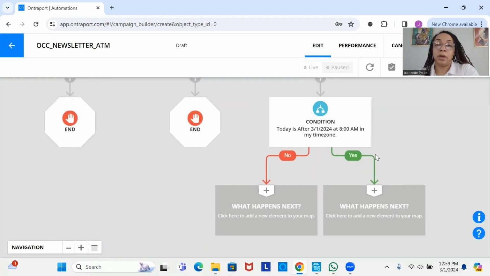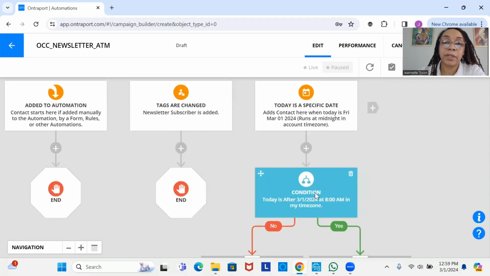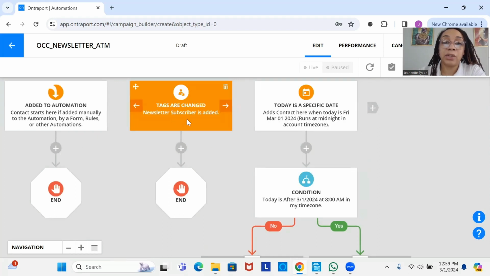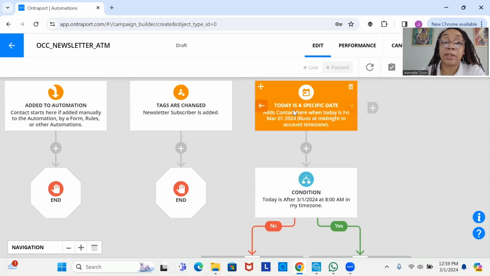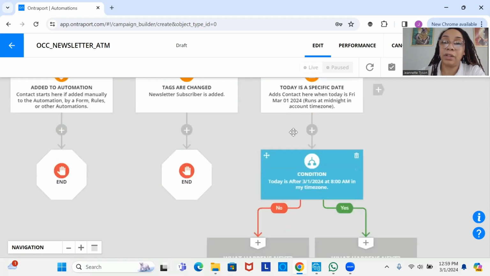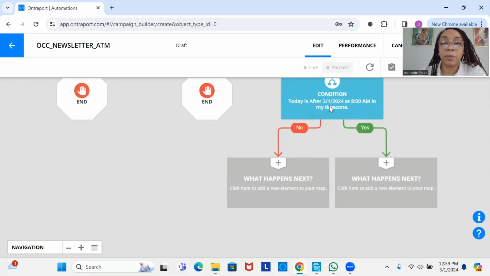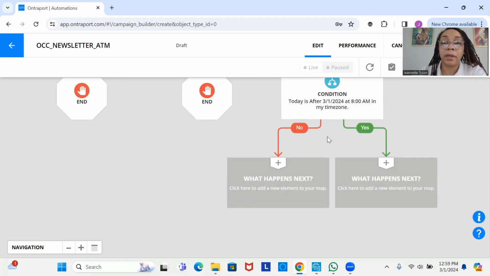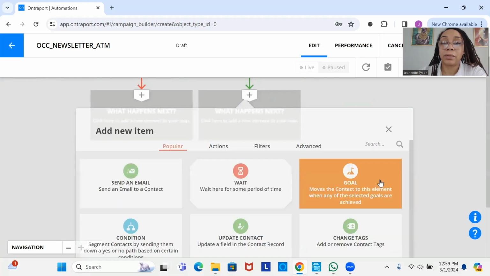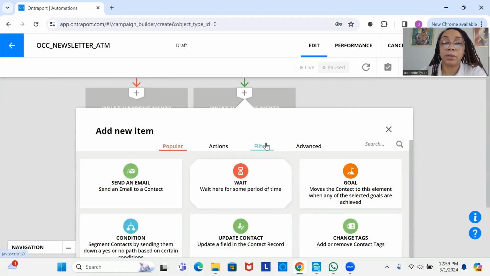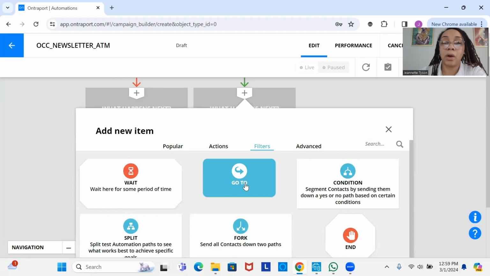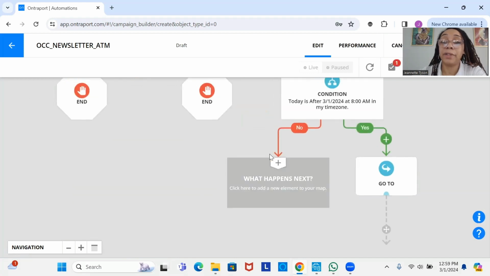All right. So if someone gets this newsletter tag and it's on the date of this trigger, they are still going to be able to get the newsletter. They're not going to have to wait a day or another week in order to get it. So that's why we added this condition. If today is after March 1st at 8 a.m., then we're going to go to filters and select go to. But if it's not